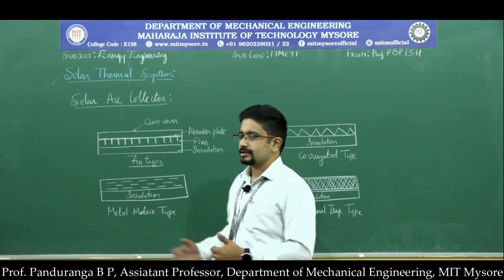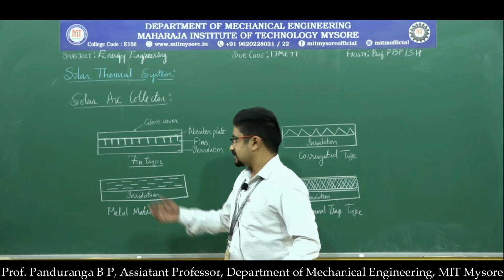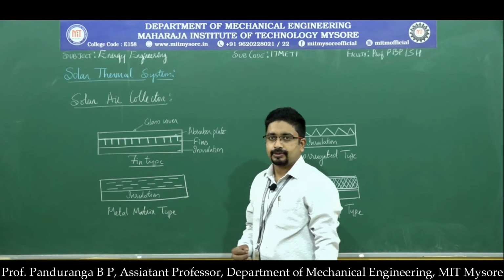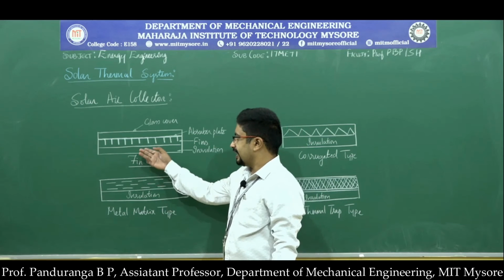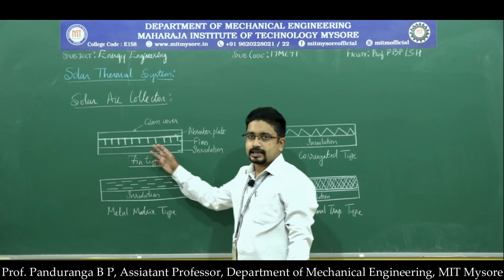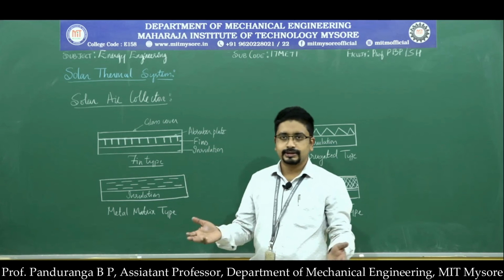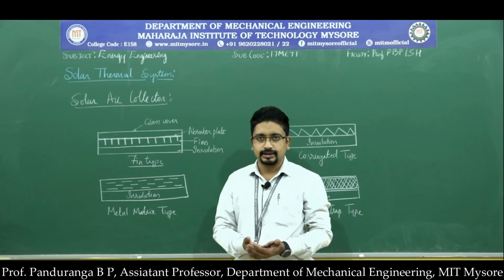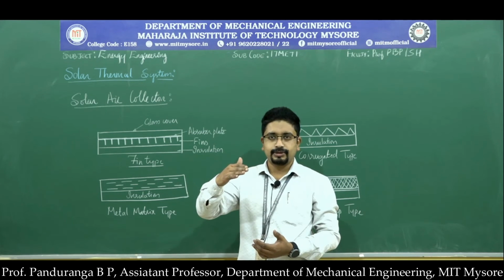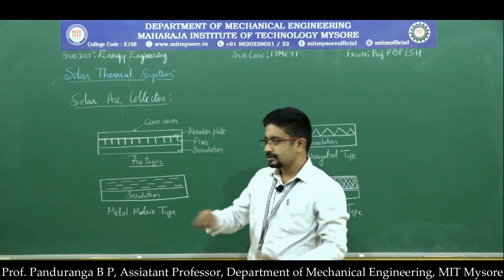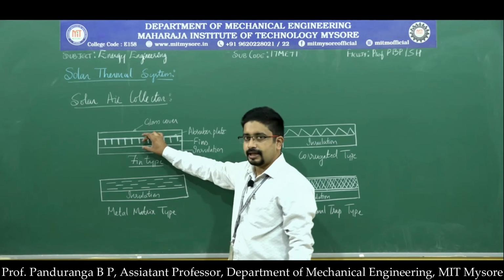Here we have drawn the sketches of a few types. The first one is the fin type. So here the first one is the fin type air heater. What we have here is, the construction of all the collectors is similar to a flat plate collector. So three sides are covered with an insulation material. At the top we have the glass plate, and then we have the absorber. Instead of having a tube, we have a space here through which the air will flow.